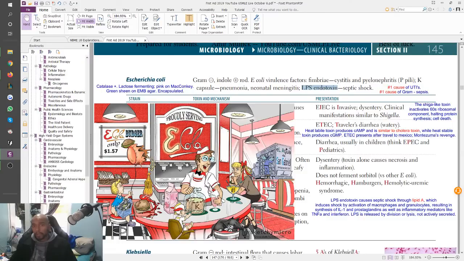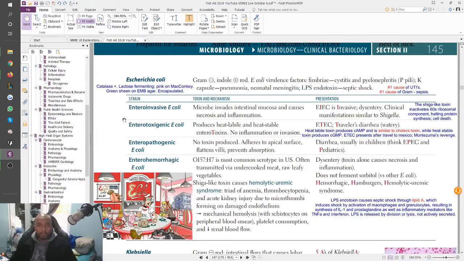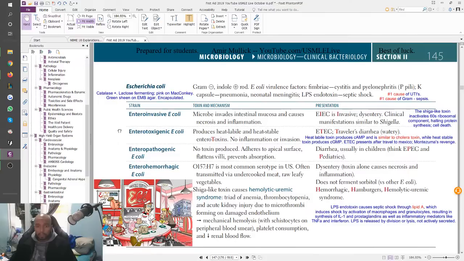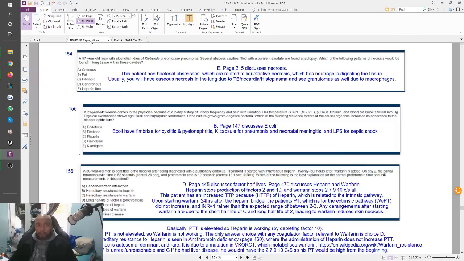So labile in the air, stable in the ground is another memorization method that people use. So critical little tiny facts that you really want to make sure you grab. And hemolytic uremic syndrome is something you need to know really well. It's spoken with TTP. They're both discussed together in Hemonc. So yeah, if you don't know what the main concepts of HUS and TTP are, definitely go back and review that page.